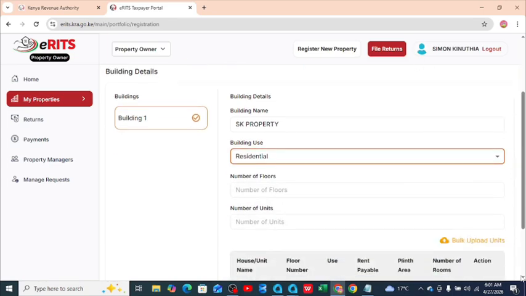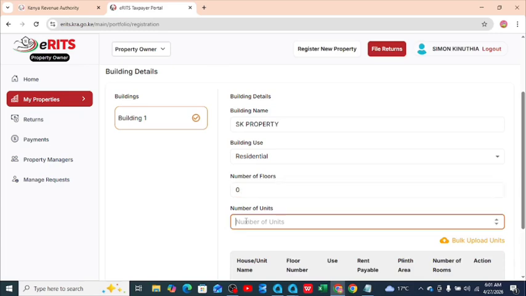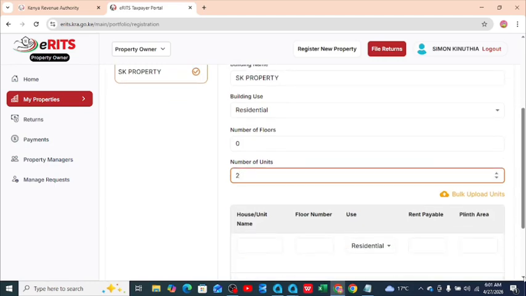From there, you need to choose the number of floors in the building. In my case, I just assume it's just the ground floor, so I just choose 0. Then I choose the number of units, so I can select 2 units. I'm just selecting 2 units because I don't want to populate a lot of data being